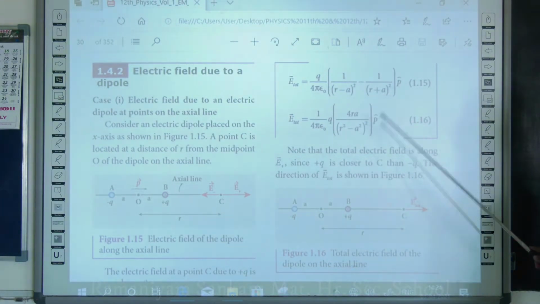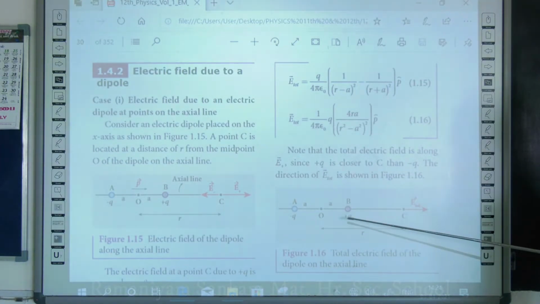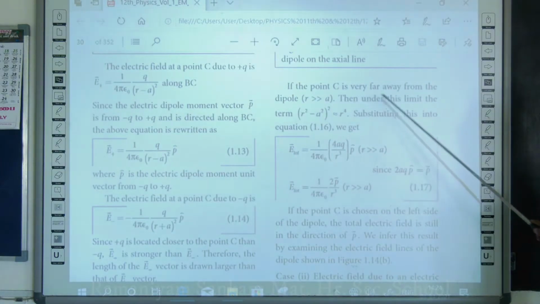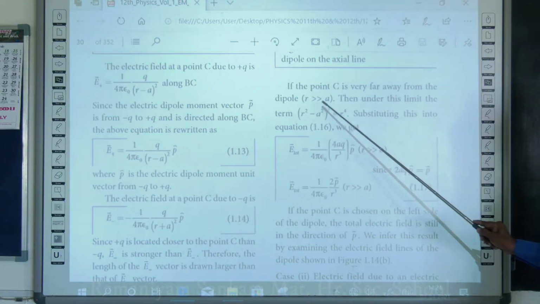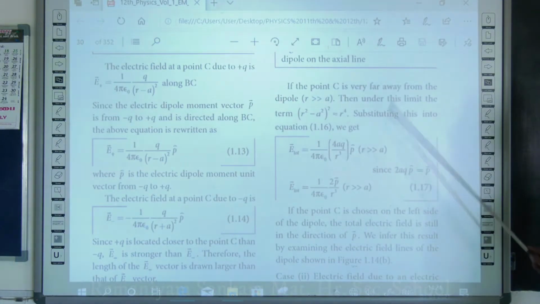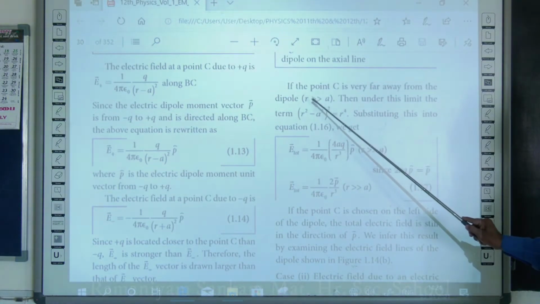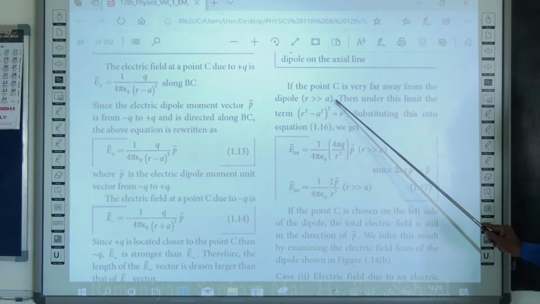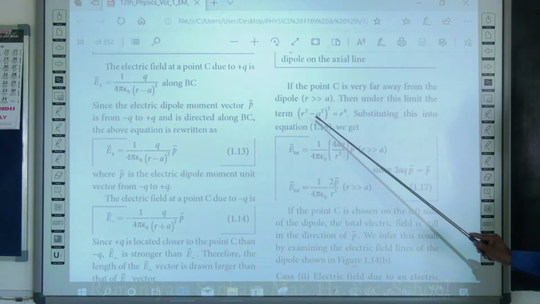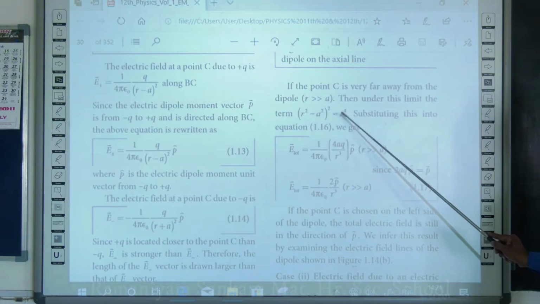Always the unit vector should be on the other side. And see the diagram, again what you have written, the total electric field away from the C that you should draw. So if the C is very far away from the dipole, r greater than a, what is r? The distance from the center point O to C, r is OC, and this is OA and OB, a. Then under this limit, we can remove this a square, we take only r square whole square, r